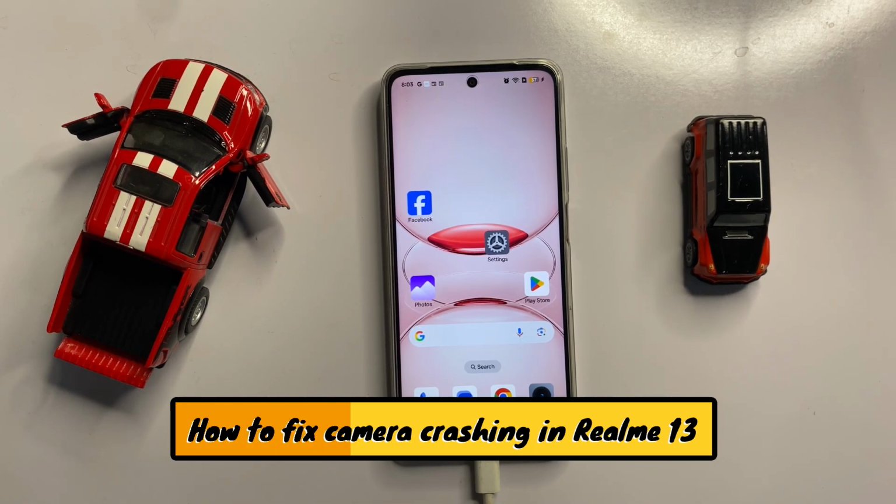How to fix camera crashing in Realme 13. So let's start the video. First of all,